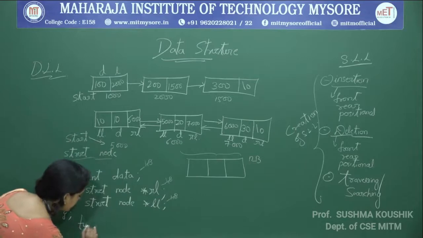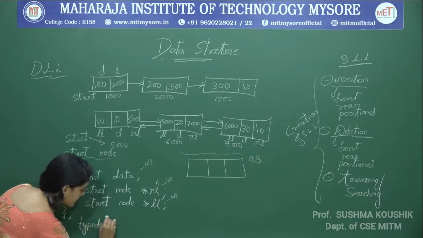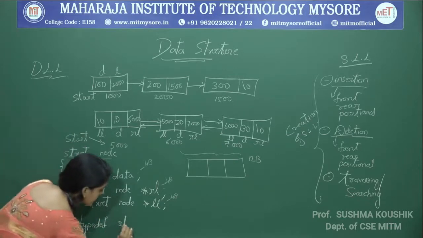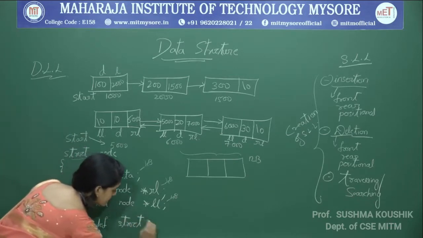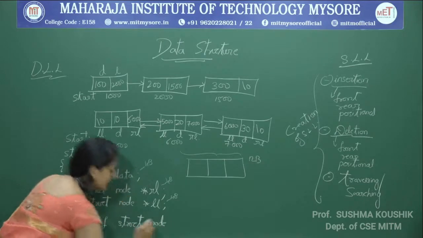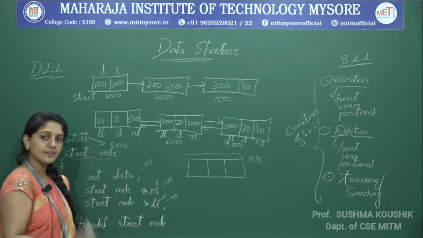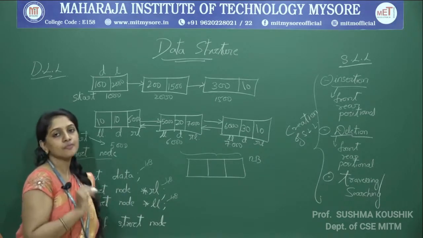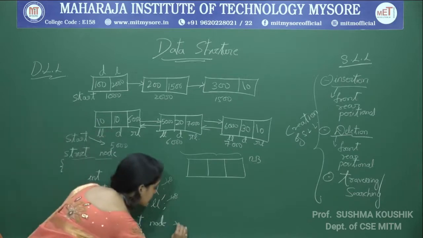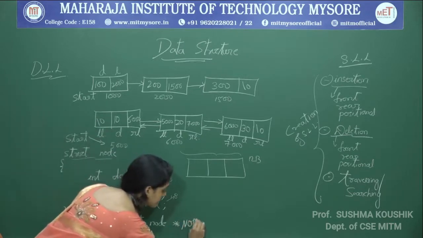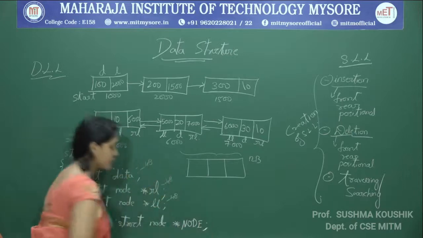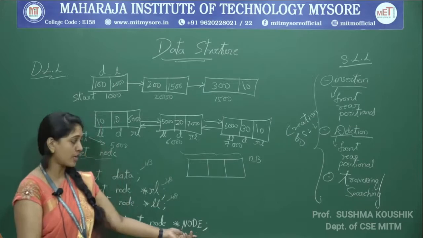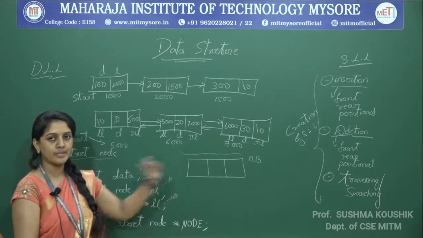Okay, so we will write here typedef, followed by the original data type, that is struct node. And now I want to create a user defined data type, and again for further simplicity I will create a user defined data type which is of pointer type. Therefore, it is star node. So, with the help of this user defined data type, I can create any number of pointers which will allocate a memory for me like this.